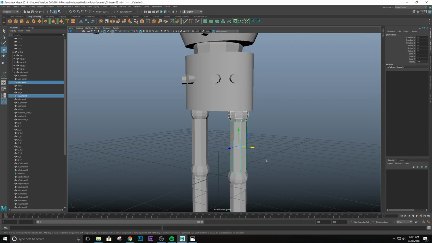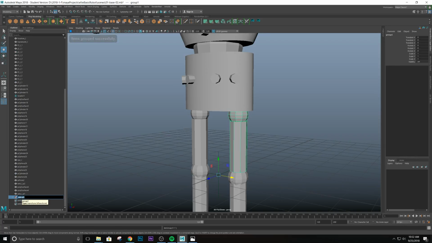Like here, I can just do, okay, these two parts, I want to put them in a group. So I'm gonna just hold my mouse over the outliner. I'm gonna hit Control G to group them. I'm gonna rename this group to GR underscore upper leg. Again, no spacing, and you can use camel casing for when the word ends. Okay. Upper leg, I'm just gonna middle click, drag it up here on top of this and just release it. Okay, so I have this upper leg group,